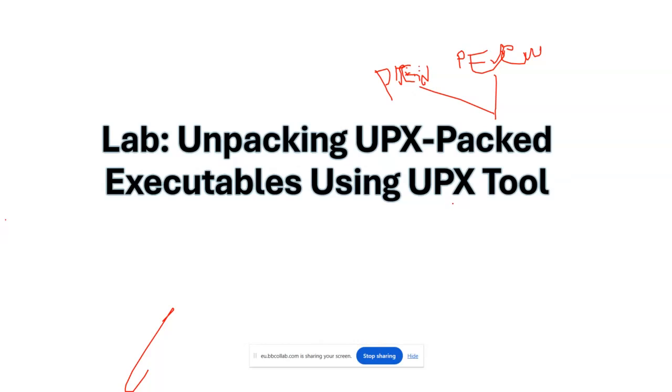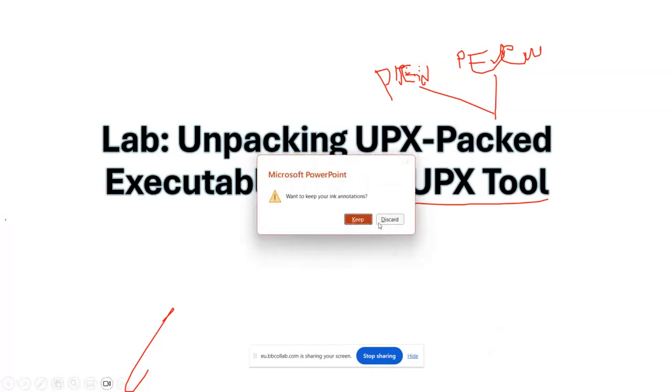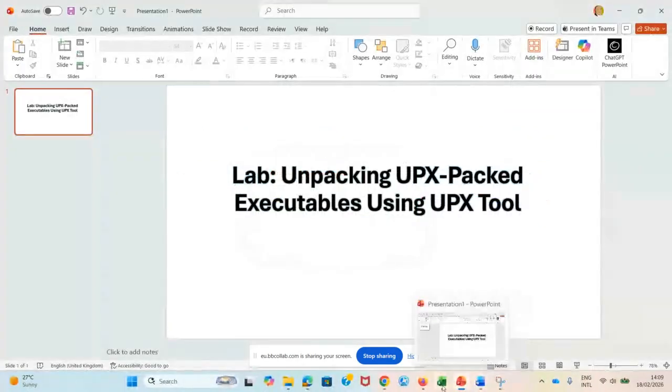The next step is you have to unpack the file. To unpack the file, that's when you need this tool called UPX. So basically, UPX is used for unpacking packed files. I want to quickly go to